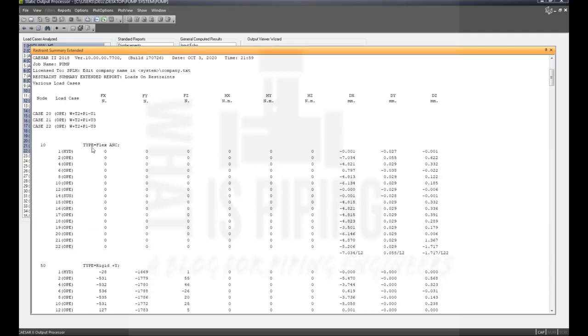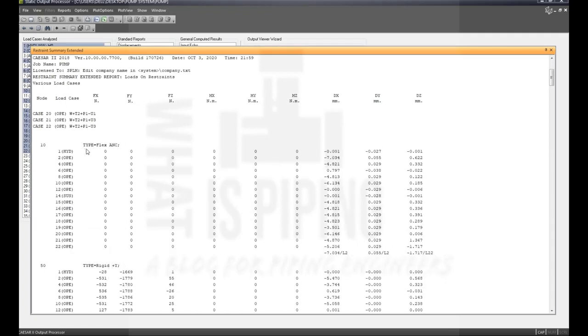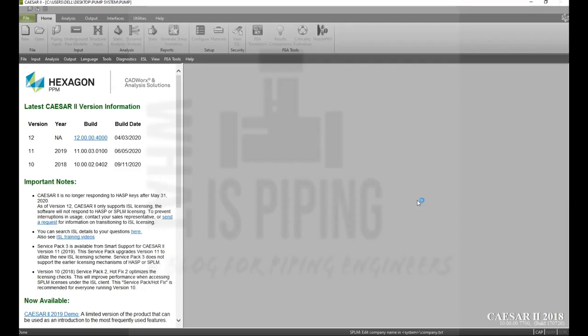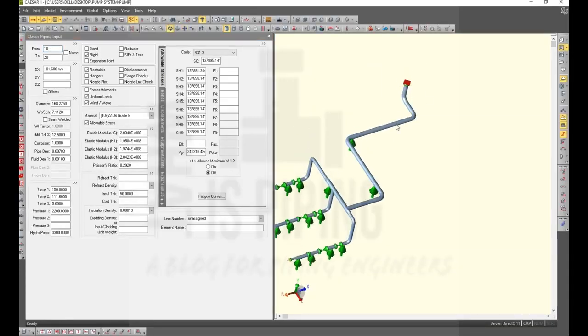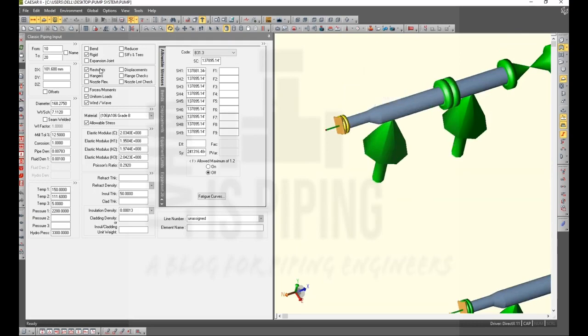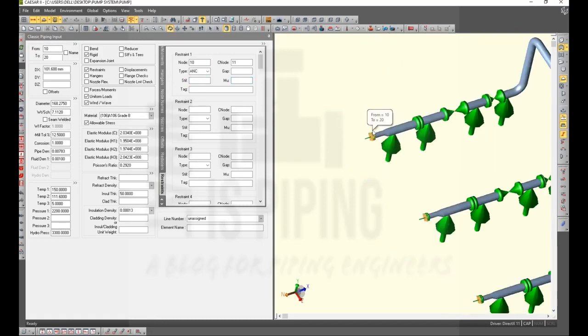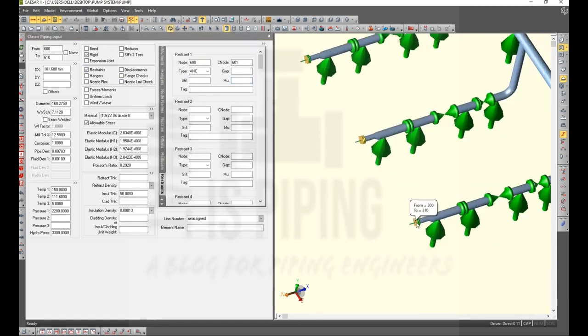Here the support that is not taking any load has been made flexible. At node 10 we had provided a stiffness value of 0. You can check it there; it means the nozzle is not connected with the pump in this current situation. Because we performed the WNC analysis, the WNC case, and considered that file, you have to remove this stiffness value and run the analysis again. Then it will show you the nozzle loads, how much load the nozzle is experiencing in various cases.